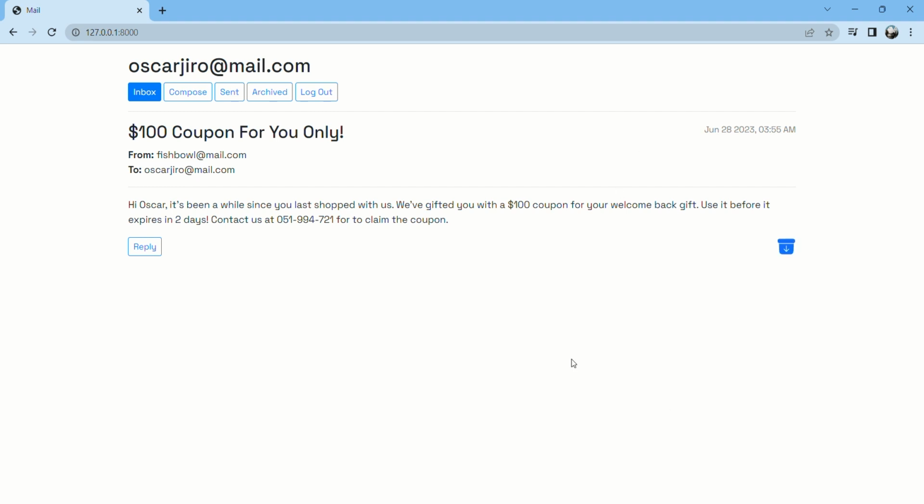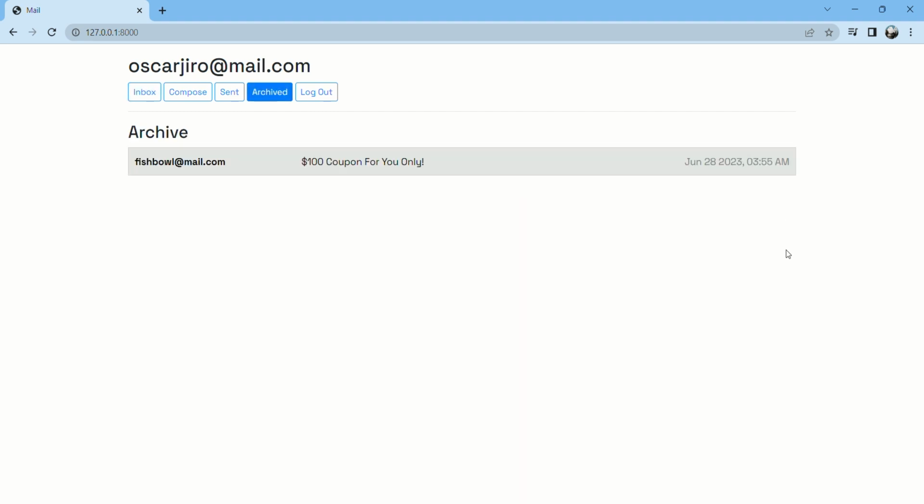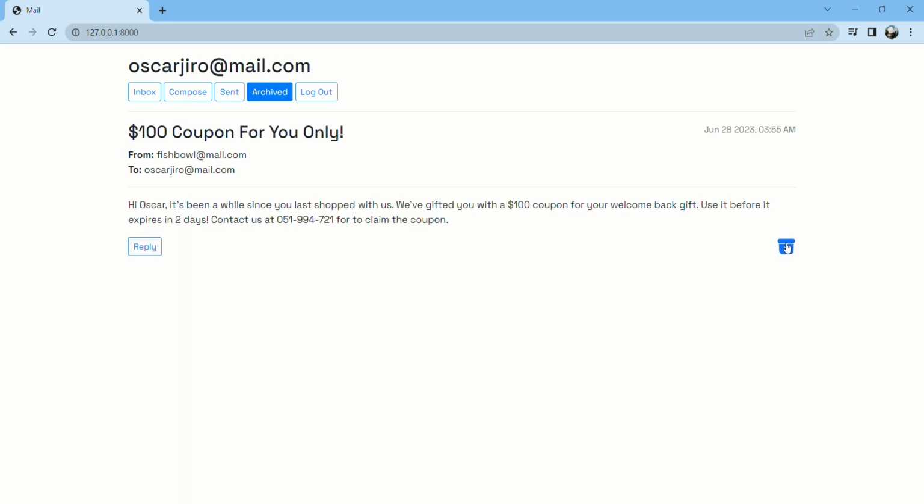So through a PUT request to the specified email ID, we can mark an email as archived or unarchived. And once an email has been archived or unarchived, it should load the appropriate inbox, like such. So after I archive, it should be redirected to the archived mailbox, and if I unarchive, it should be loaded